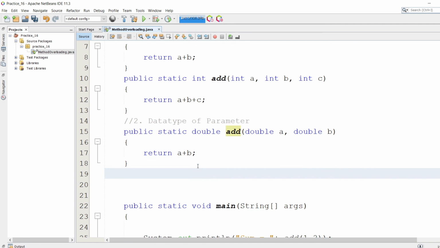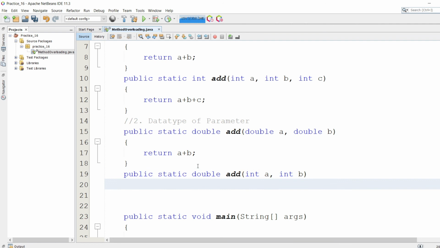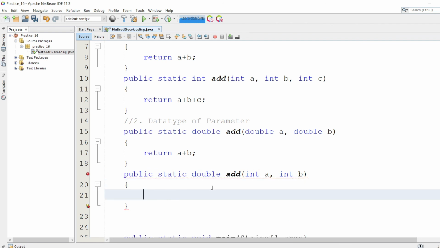If we overload the method like this, public static, and only change the return type of this add method, like this, comma int p, this gives an error here, as it says method add int is already defined in class method overloading.